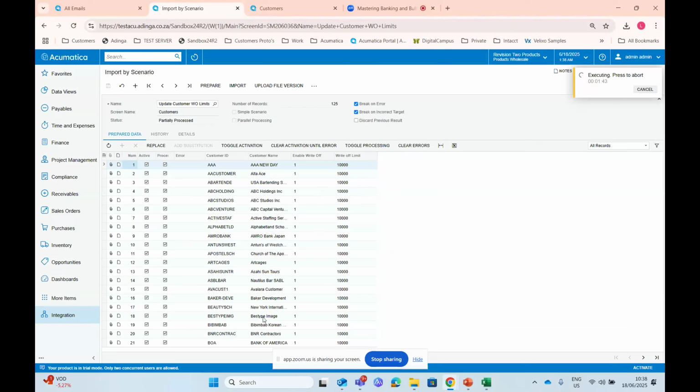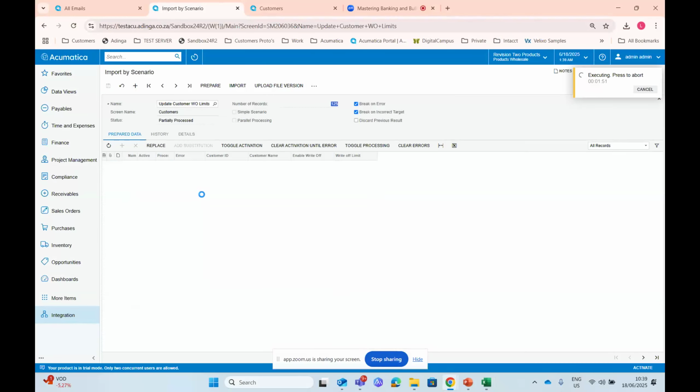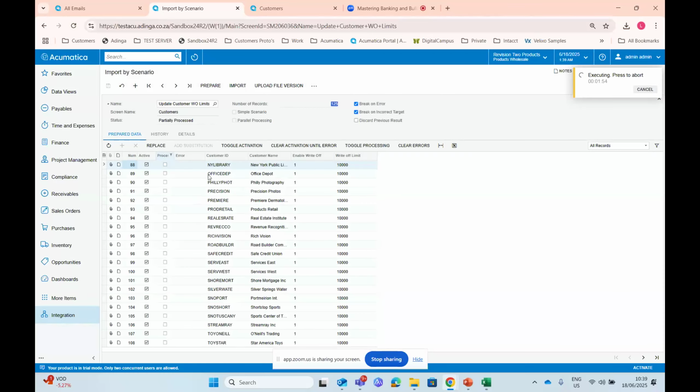Okay, how many records did I have? I had 125 records. I like to click on process and click on false. Sometimes you need to do it like three times before it works. So, okay, that's on record 90 now. I'm going to let this run because we know it did update. I didn't actually have to do the whole 125. But I'm going to go quickly.